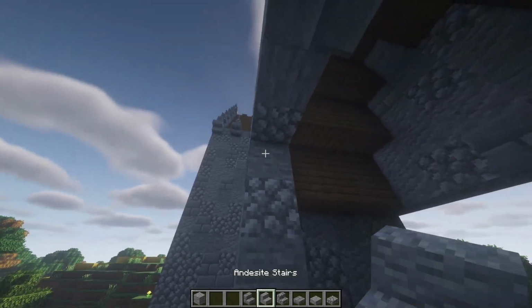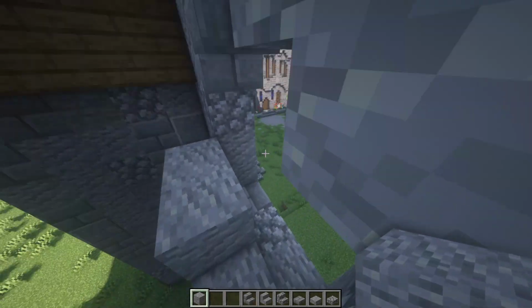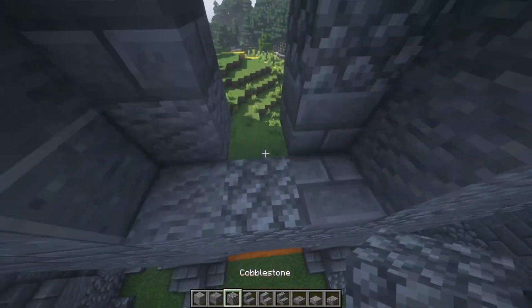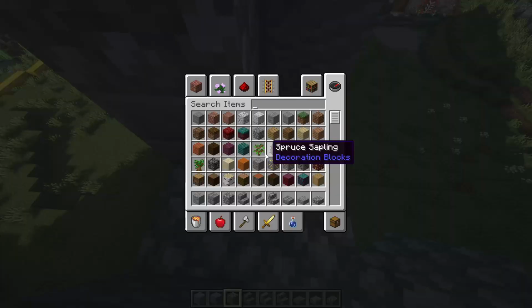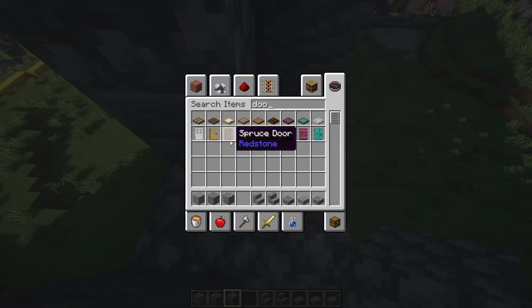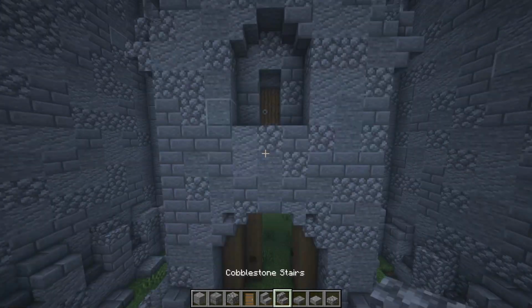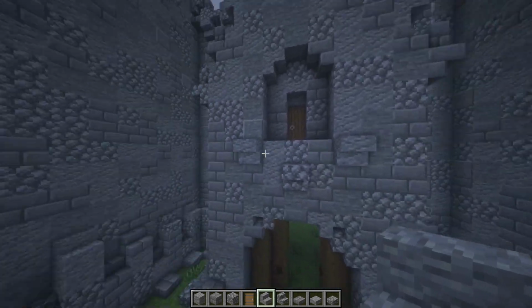Then place stairs in the corners and place a wall behind here. Then cut out the 3 blocks in the middle, put an upside down stair on the top. We can put a block in here, and then also put a door on top. There you go. So then we're going to place 3 stairs, 1 there, and then 2 higher, just like that,